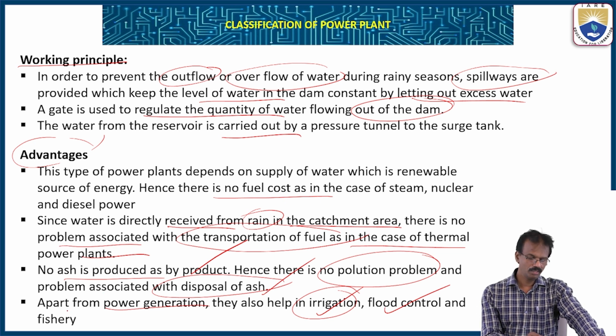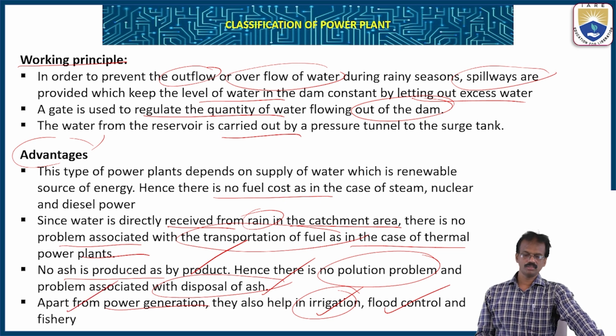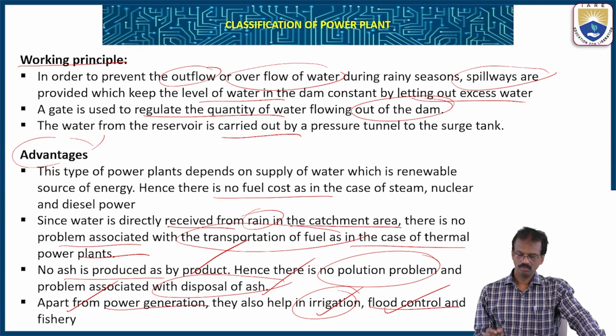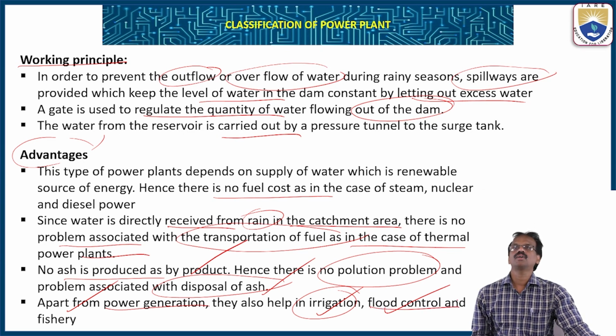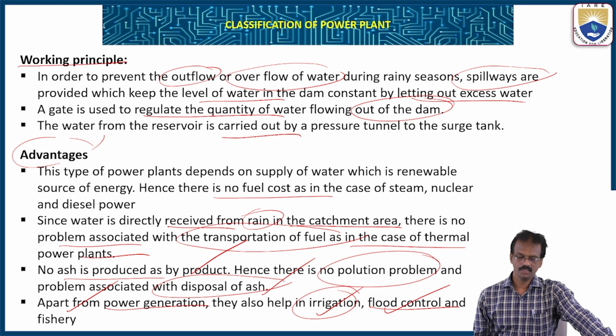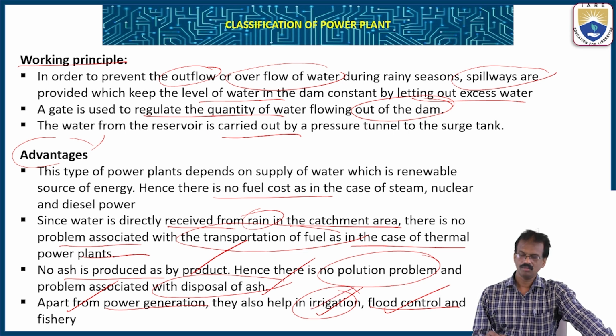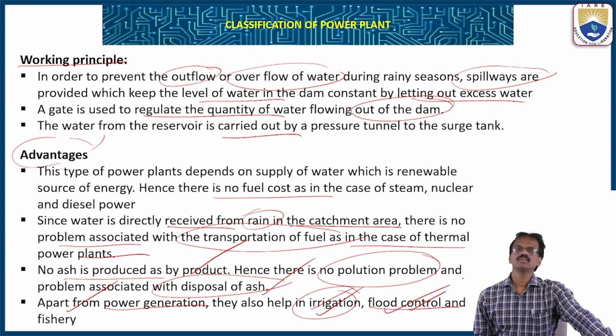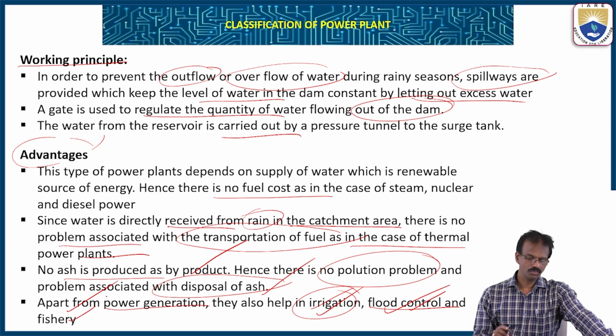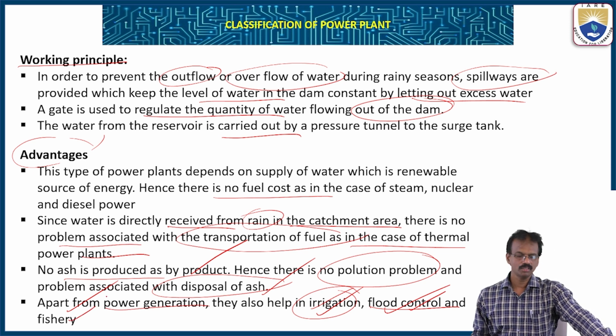So there are many other advantages of the hydroelectric power plant, apart from the generation of energy. It is very helpful for irrigation, flood controlling, and fishery. These are the main advantages and uses of the